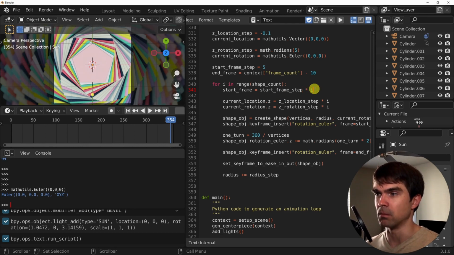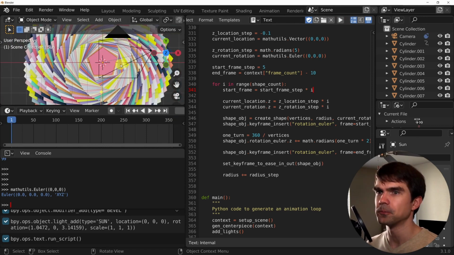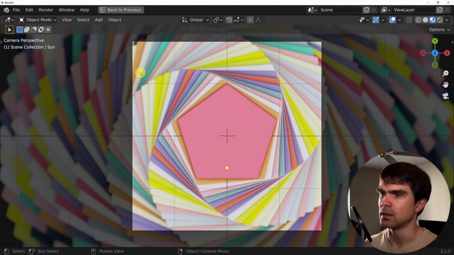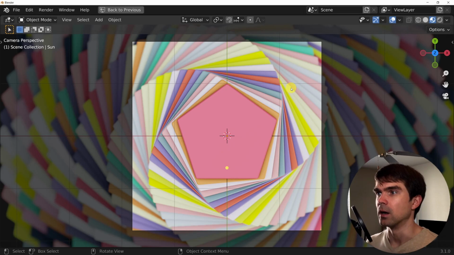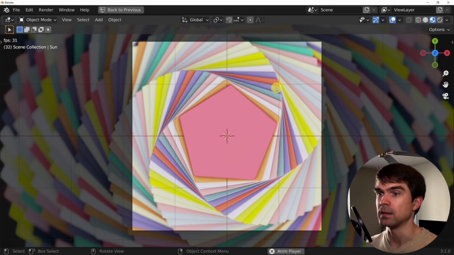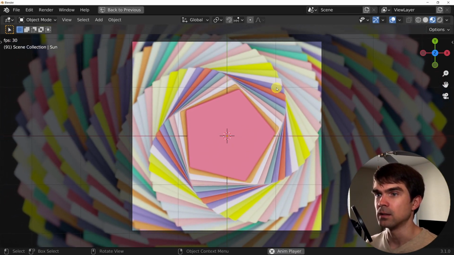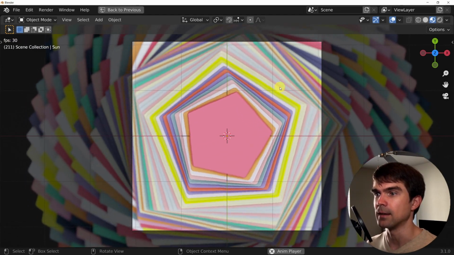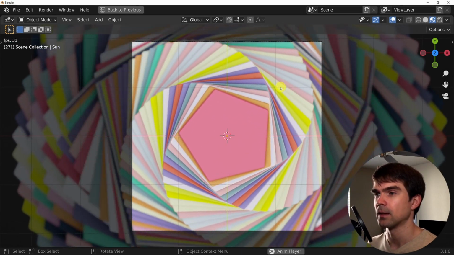So yeah, I'm multiplying this by I, so we're going to get a different offset on each iteration. Let's run this code, right? Let's hit Control space and then hit 0 on the numpad to get that view from the camera, and then hit space again. And see, not everything starts at the same time. We have this kind of delay going, right?